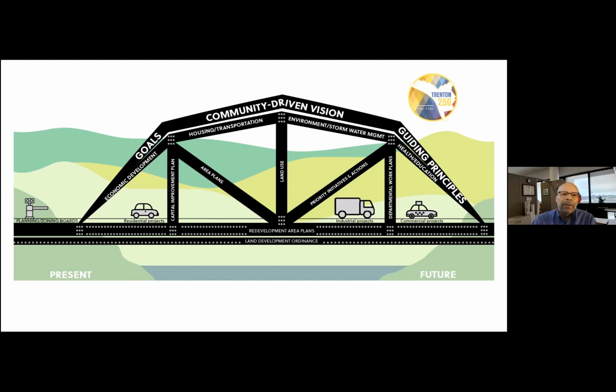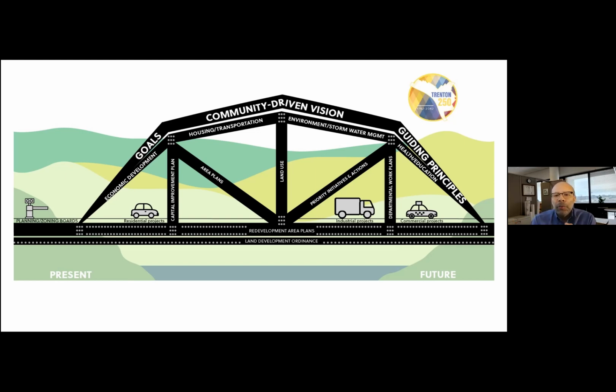Then there are the planning and zoning boards. We call them the toll booths on a bridge. They indicate if you're going to cross the bridge or not. They're approving these projects. There are residential type projects, industrial projects, and commercial projects. So they pretty much are the guide, the arbitrators of who gets to cross that bridge or not.